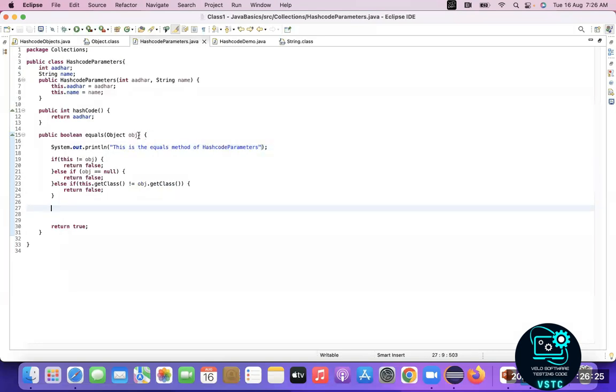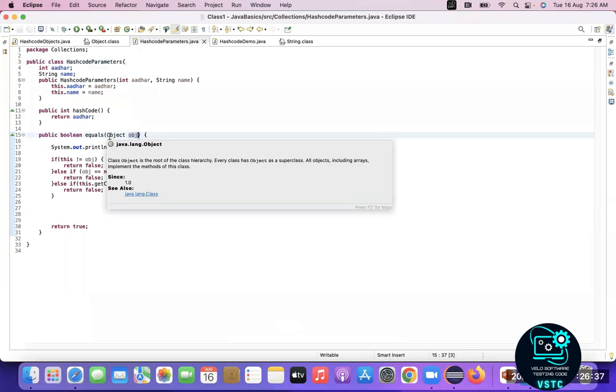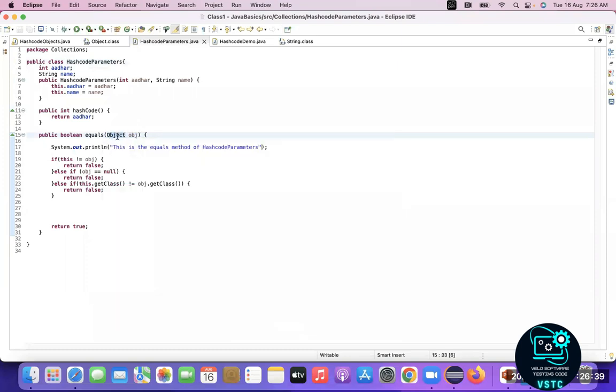First thing is, this is of type object. First, we have to convert this object to HashCodeParameters. Whatever parameter we passed here will be of type object, and the class of it is the superclass. Now we have to convert it to HashCodeParameters. First we will do that, and then we can compare it. How we will do the conversion is